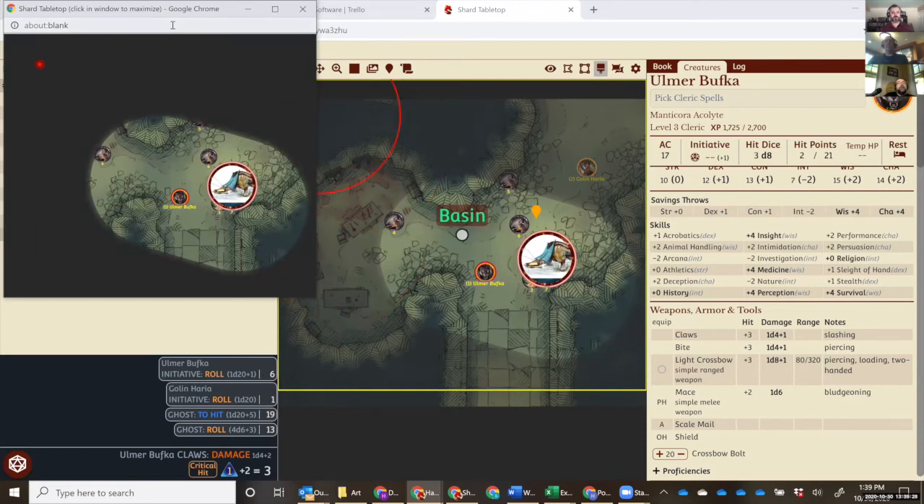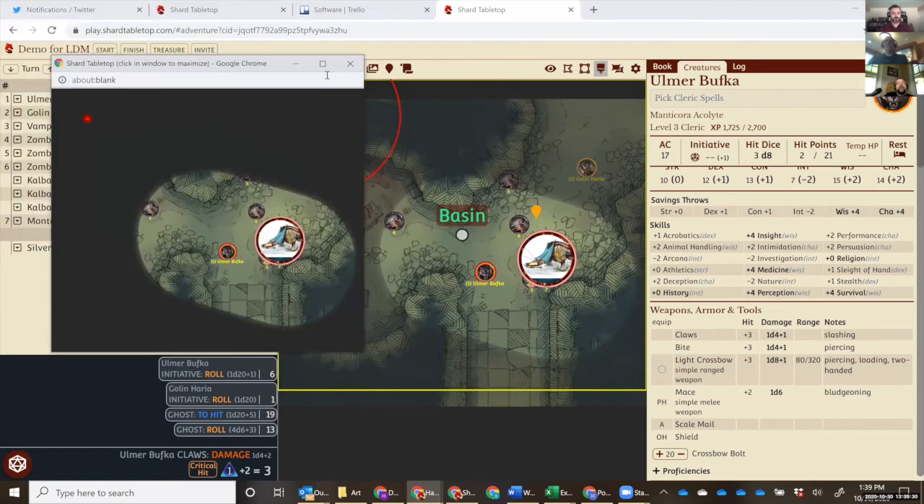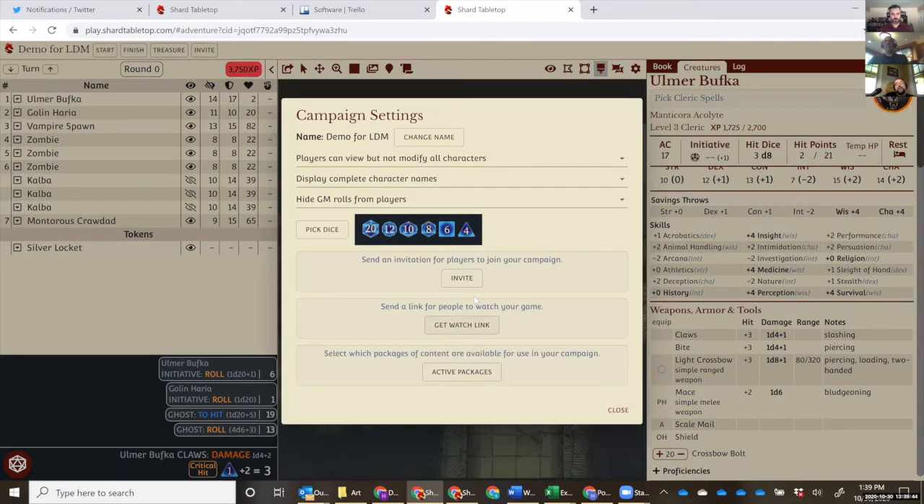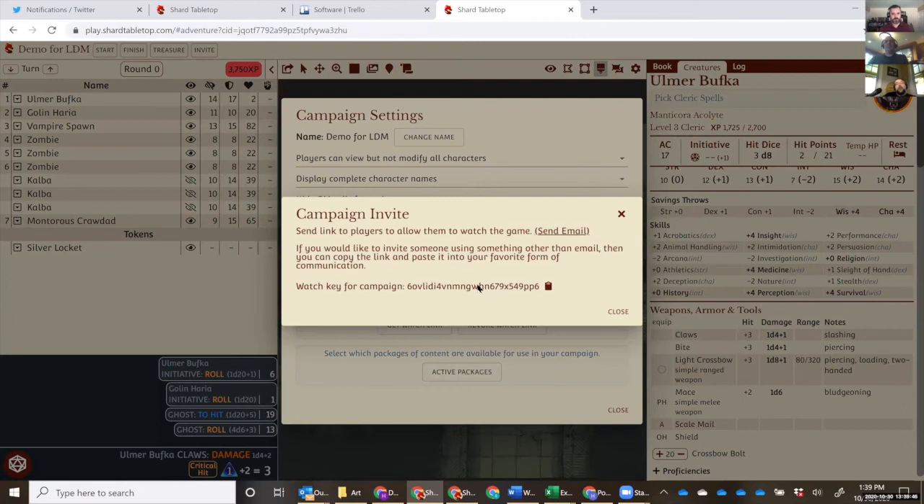Oh, we didn't talk about watch mode. That's the other thing. For all you streamers and people that love to stream their games and watch, we have a watch mode built in. So if I go here to the campaign menu and go to my settings, you can get a watch link. This link will allow a player to join only as a watcher, as a viewer, and they can, let me just give you that link